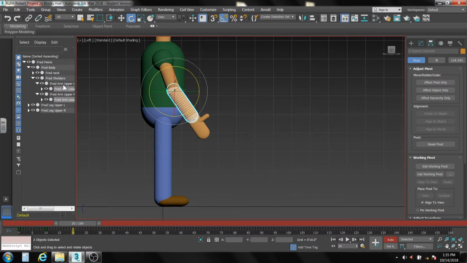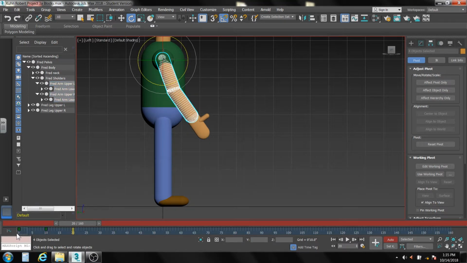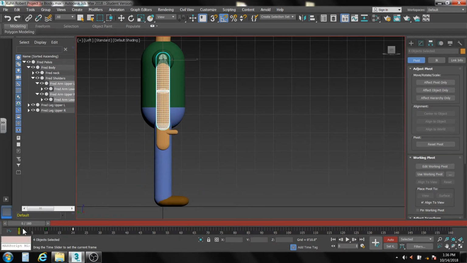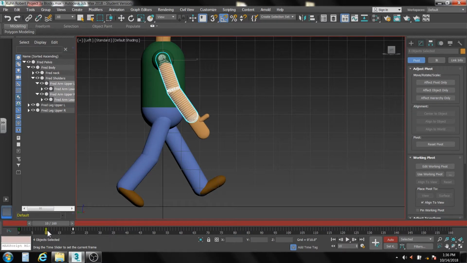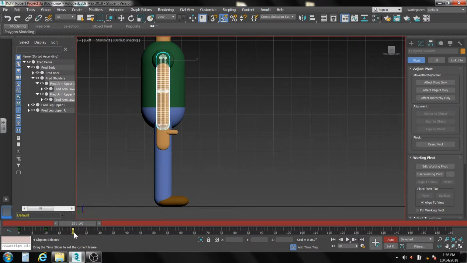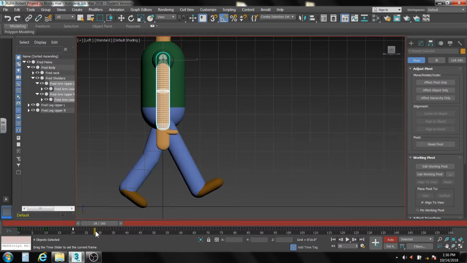So we want to grab both the upper as well as the lower arms, and we want to grab that very first keyframe down here. We've selected that, we're holding down our Shift key, we're moving it over, and it's now neutral. So we've got neutral, forward, neutral. Okay, going ahead to 30 there,